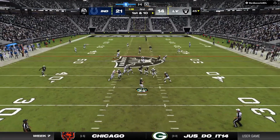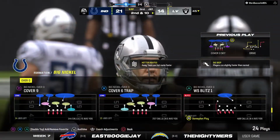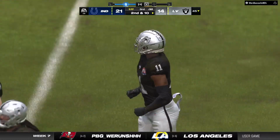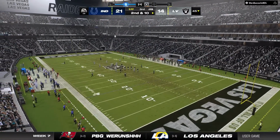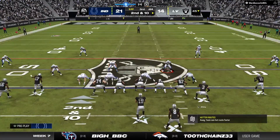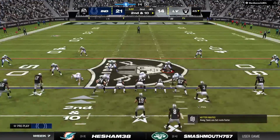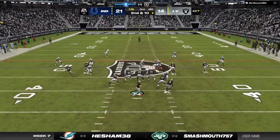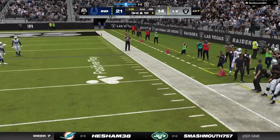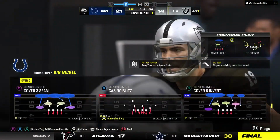Looking to throw. Chapman. Oh, he was hit as he threw it there, and that one winds up incomplete. And those two just have been in sync thus far. They've done a nice job against him, but still, with his talent, you would expect them to have more completions to him in this game. 3rd quarter of a tight football game as we come up on a 2nd and 10. They'll look to throw again. And this is going to be caught, but they'll say out of bounds. So it's incomplete. Well, I certainly thought he had an...